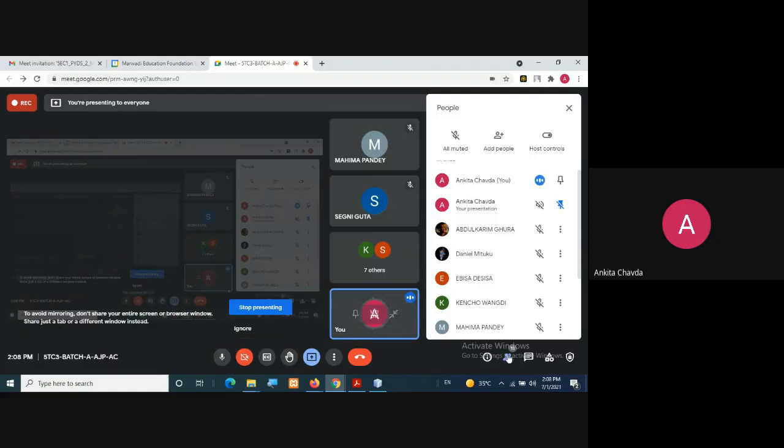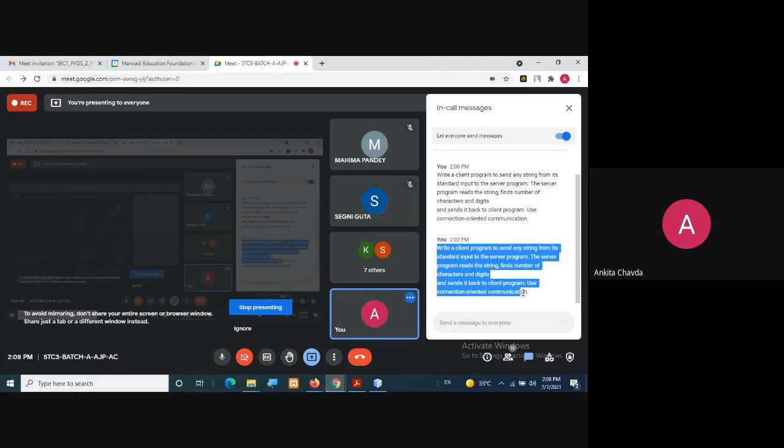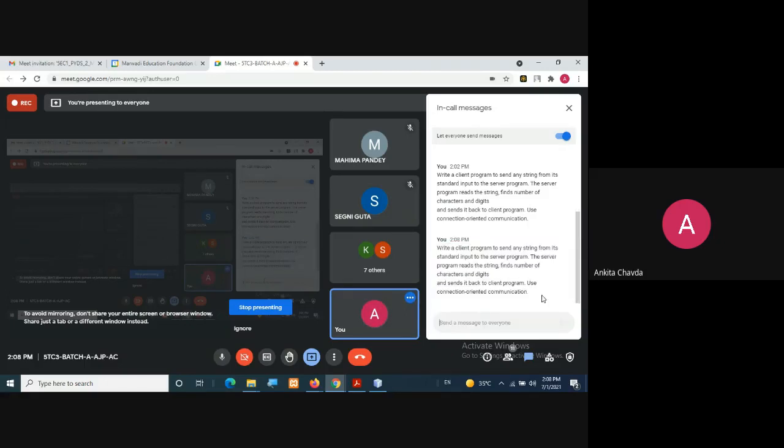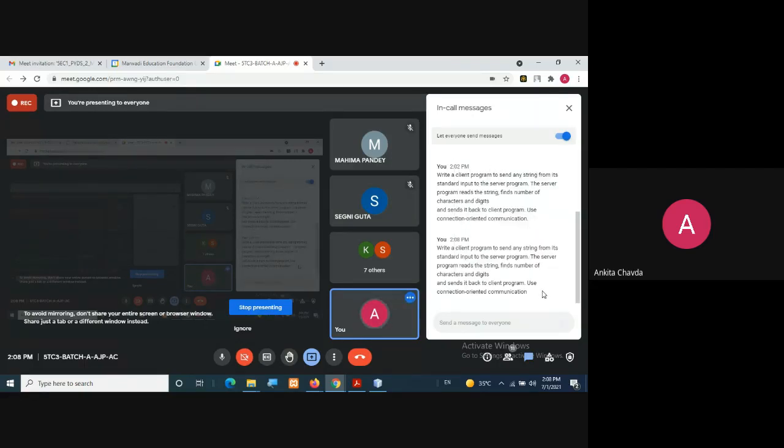So are you trying the first program? For the latecomers, again, I'm pasting the definition. This is very similar to your third program. The only other logic that you need to add here is to calculate how many characters and digits are there. Otherwise, you are using the same program. Please try it.